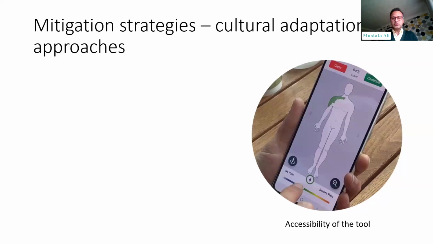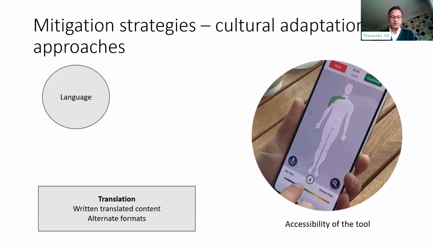Next, please. So after learning these positive and negative impacts, we wanted to mitigate the effects of these negative potential equity impacts. So we wanted to develop strategies with them so that they could advise us what kind of things we need to consider when we are developing this tool, or when we improve this tool further. So first thing that is important to consider, that's language. And I would say most of the time when we talk about language, the strategy that comes to mind is translating English into Urdu.